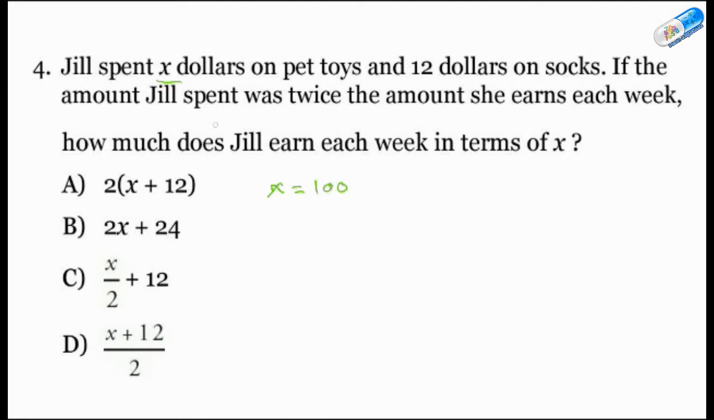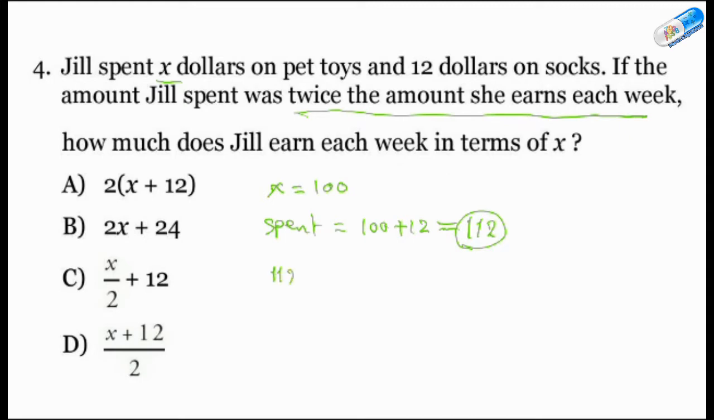So she spent X plus 12, so this means she spent 100 plus 12, that is $112 for buying socks and pet toys. This amount, 112, is twice the amount she earns each week. And the question is, how much does Jill earn each week? So this means that I want half of 112. So I divide 112 by 2. I will get $56